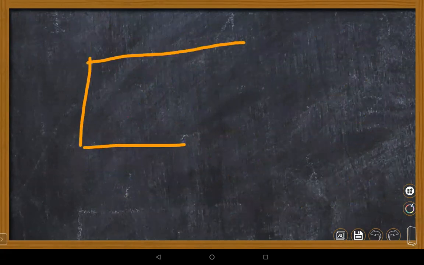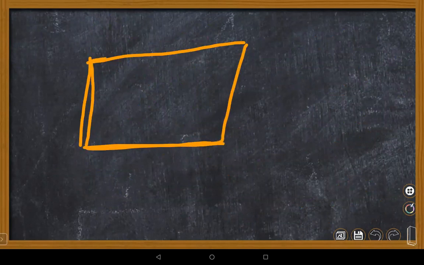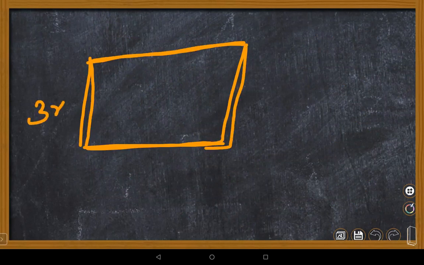This is a really wonderful question. Actually, this is also a parallelogram. In a parallelogram, different varieties of questions are seen, children, based on diagonals, angles, and sides. Here, this is given as 3x, this is given as 18, this is given as 26, and this is given as 3y minus 1.